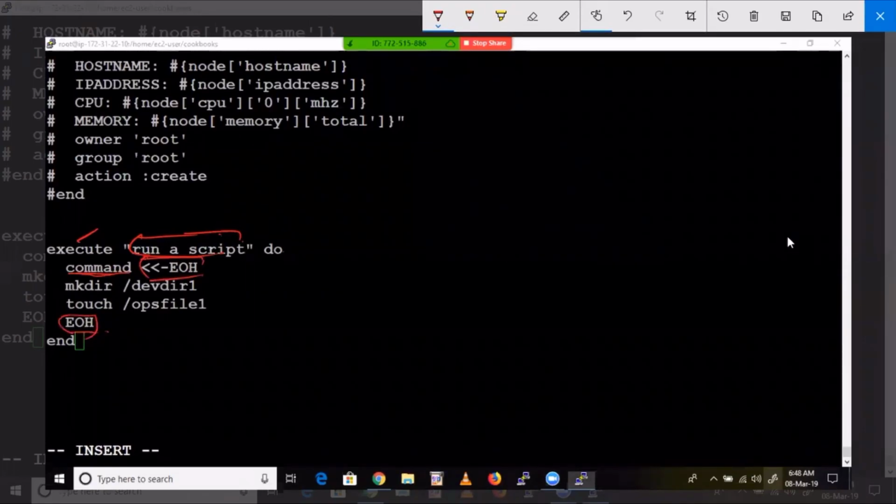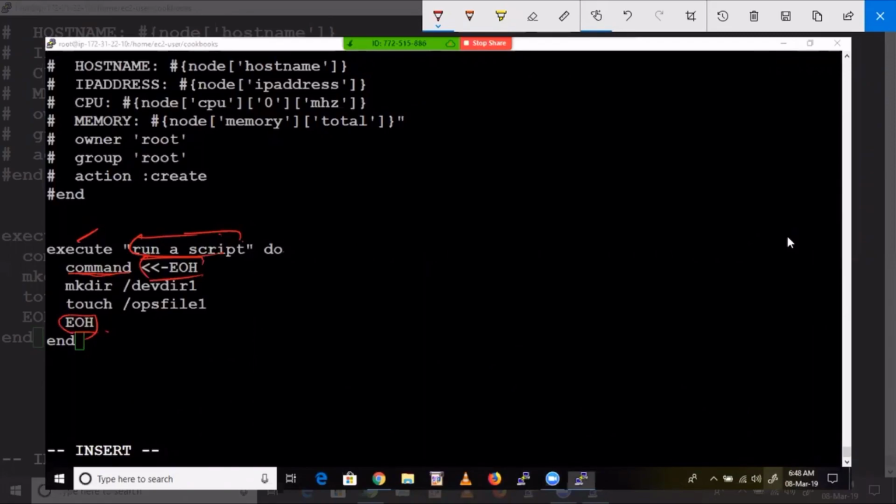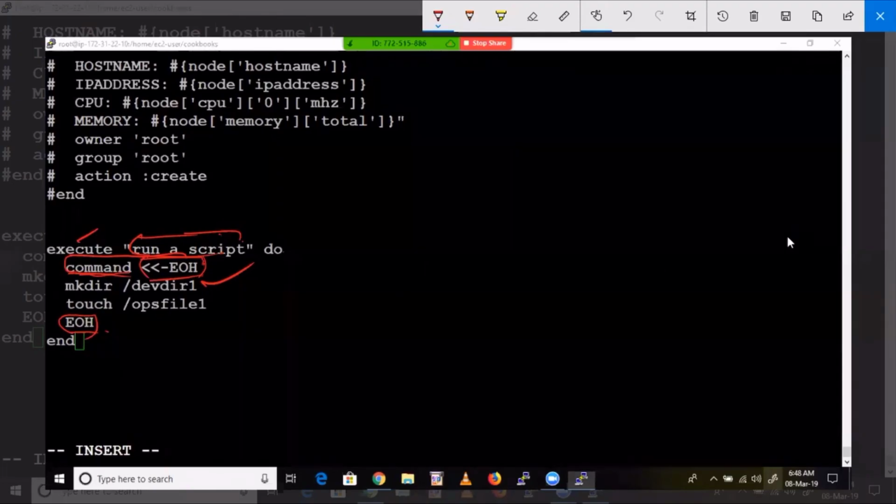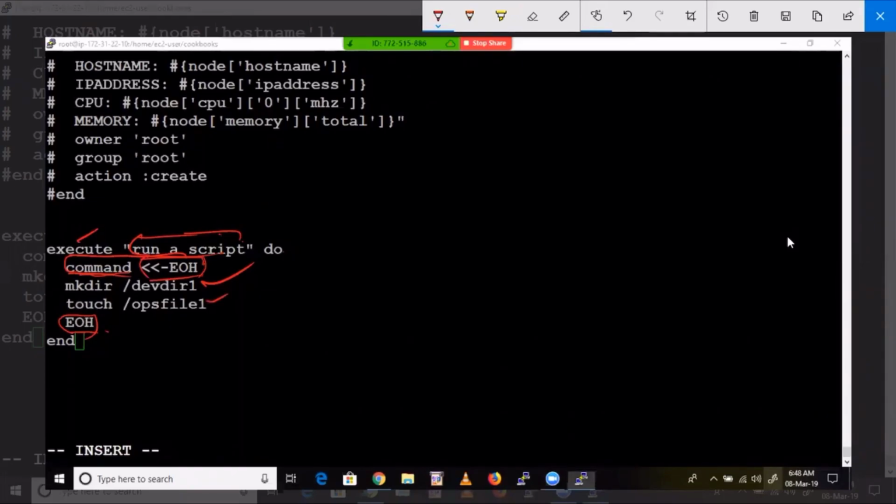That means we are breaking out of the Ruby interpreter so that we can execute some Linux commands. Don't worry about this, you just have to remember it. If you want to execute any Linux commands, you have to mention this line and this line. In between, keep mentioning any number of Linux commands. See here, mkdir is one Linux command. I want to create a directory under the main slash. I want to create a file, touch slash the file name. Like this, you keep mentioning any number of Linux commands. All will be executed one by one, guys. So that is how we can mention Linux commands.